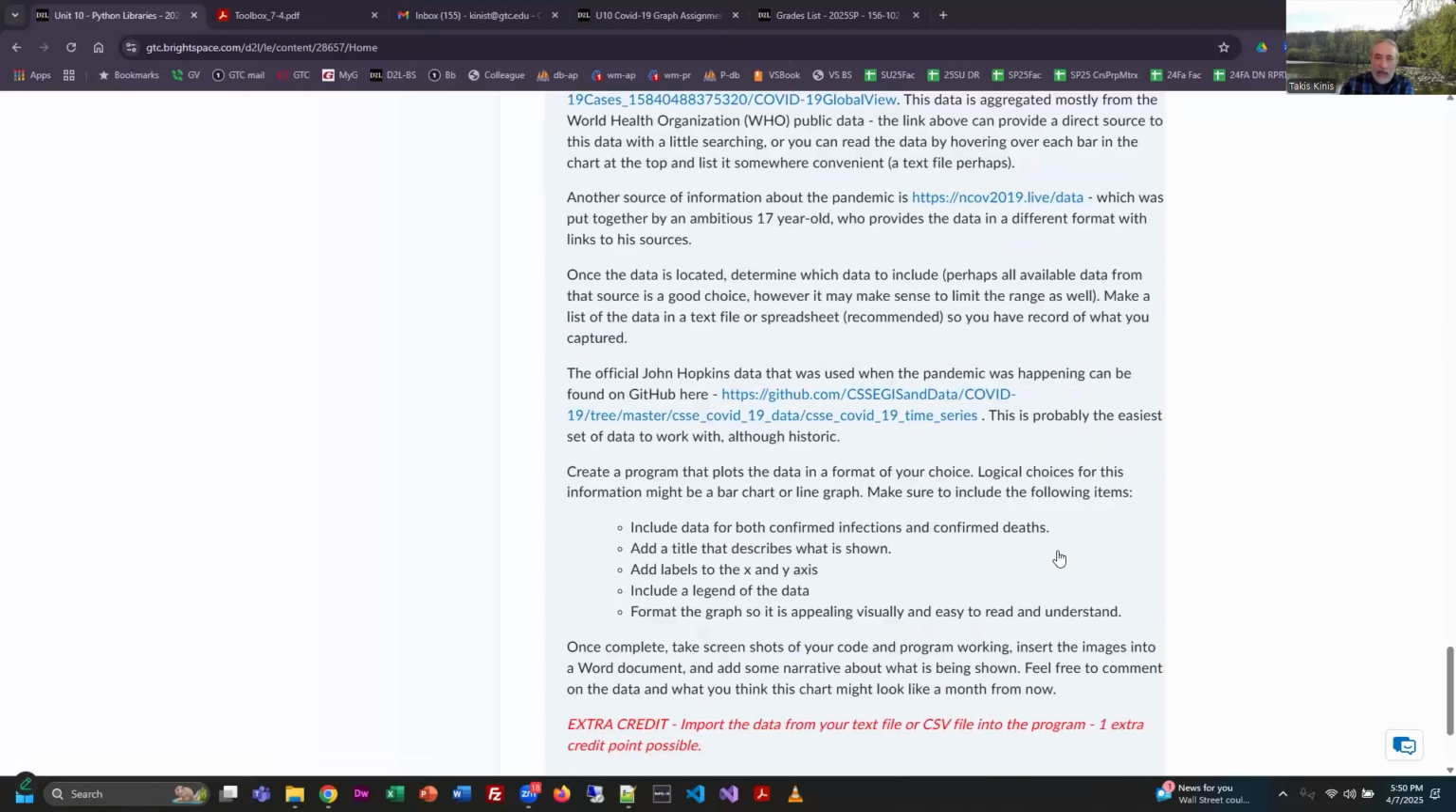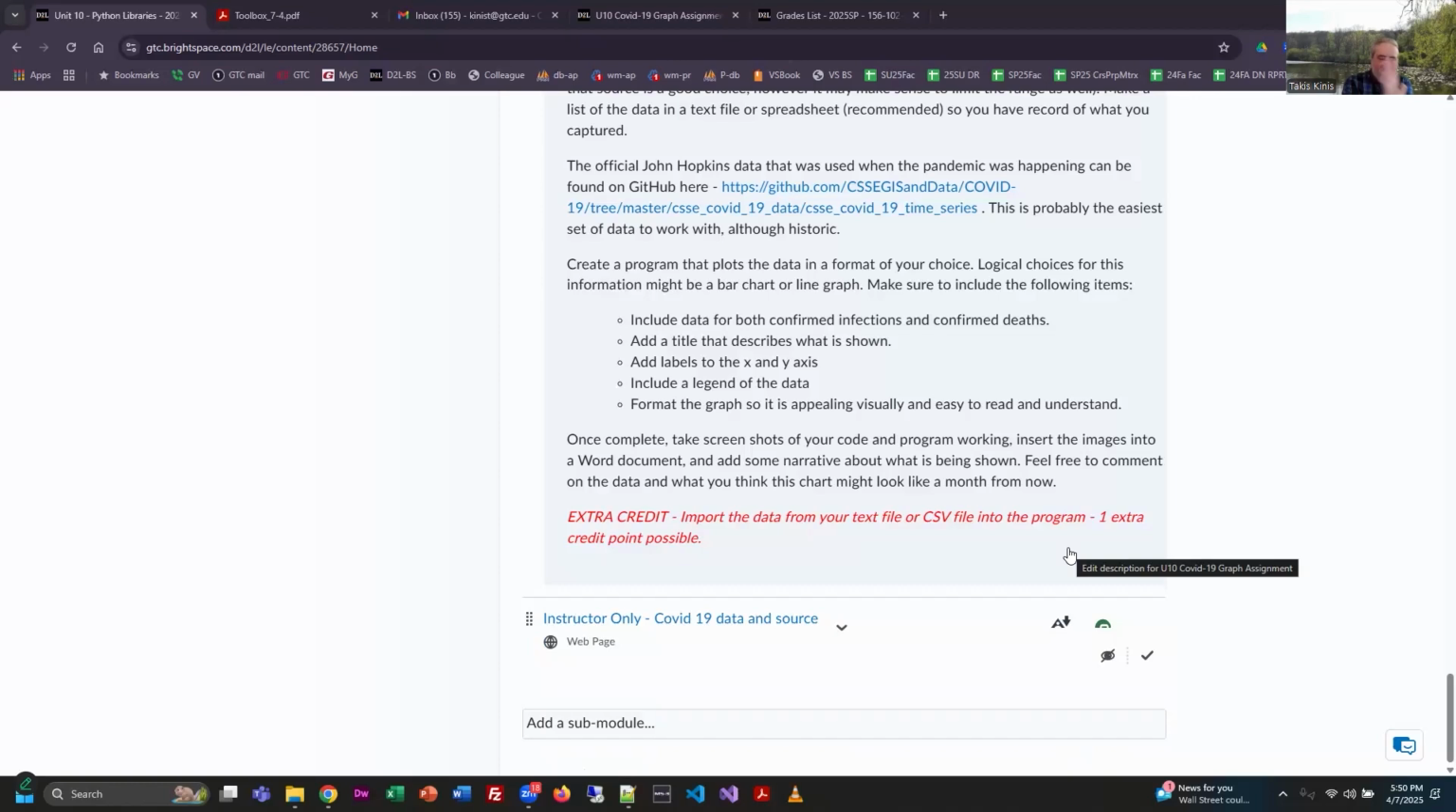Then after you got the data and we looked at other people's visualizations and data repositories, the crux of the assignment really is to create a program that plots the data in the format of your choice. So if you think a line graph is okay, or a scatter plot, or a bar chart, or whatever visualization you think is appropriate, that's what you should use. Now,